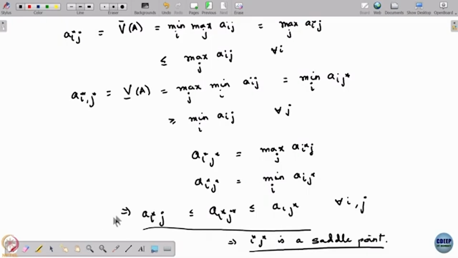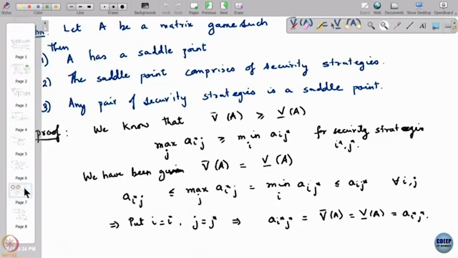Okay. So what has this shown? This has shown that both this as well as this. So it is shown that A has a saddle point. It has also shown that if you take any pair of security strategies, they necessarily form a saddle point. You actually get one more thing for free here,